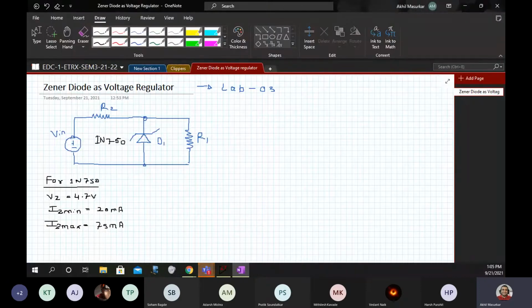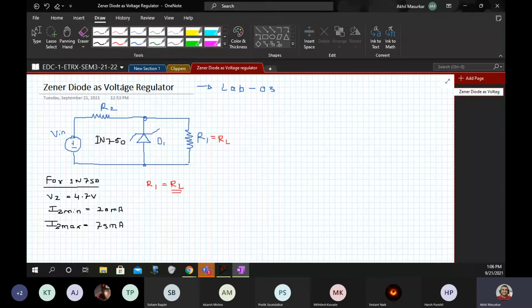Now let's come back to the circuit. There are two ways in which the voltage across the load can change. Now the question comes, which is the load resistance? R1 is basically the load resistance RL, and R2 is the resistance used to limit the current.